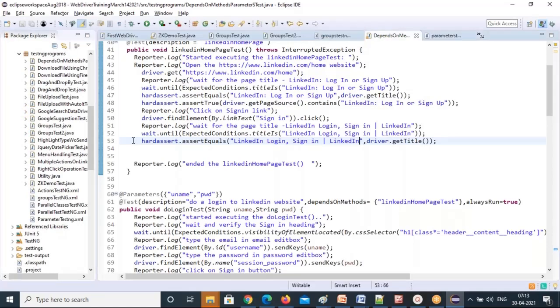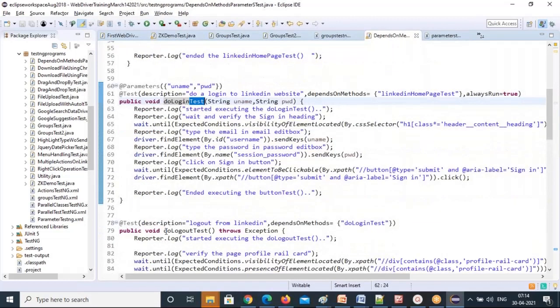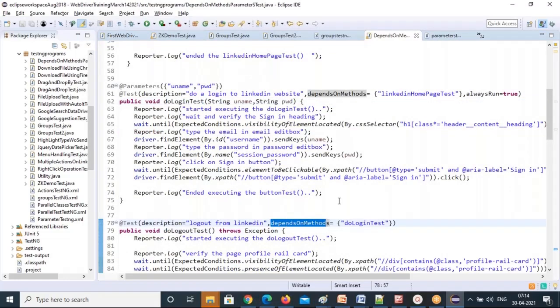Yes, you can use it. It sets the priority for depends on method. But whichever one you want to execute, you have to pass that method in the sequence. So this one will execute first, then this one will execute second. You can use depends on method like that also, and it will execute in that order. Then for the next test method you want to execute, do login, again write depends on methods and write do login here. Then the same order will execute. Before executing this, first this will execute.